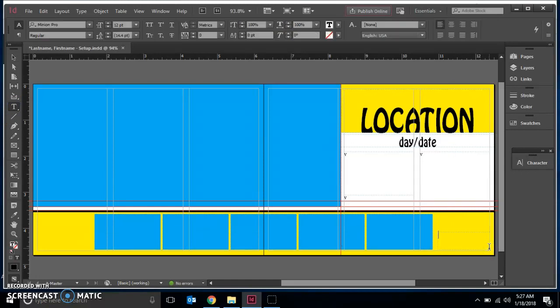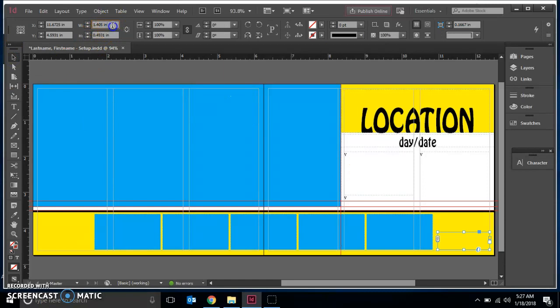And then we're going to type 1.75 in the Y text. We're going to make sure that we have the width at 1.25 and the height at 2.5. So we need to go to our selection tool, make sure the width is 1.25 and the height is 0.25. Okay. Now we're going to position the text frame in the lower right hand corner of the spread, just inside